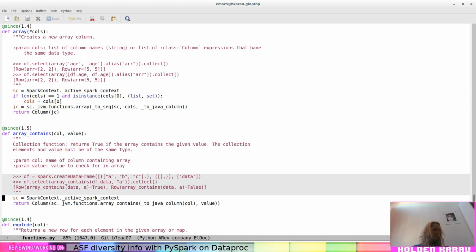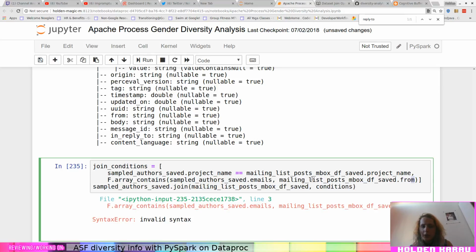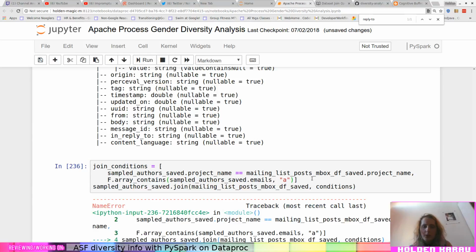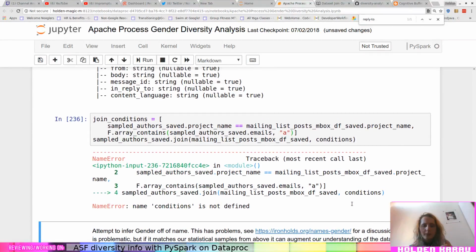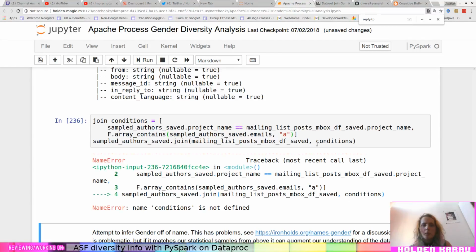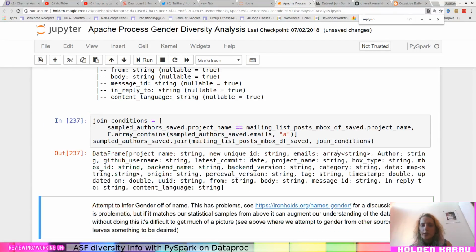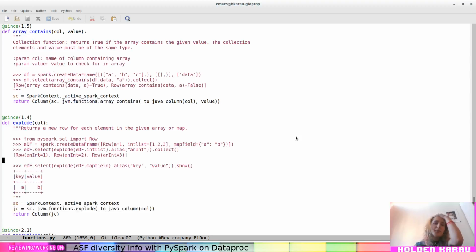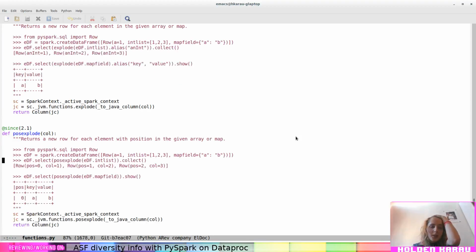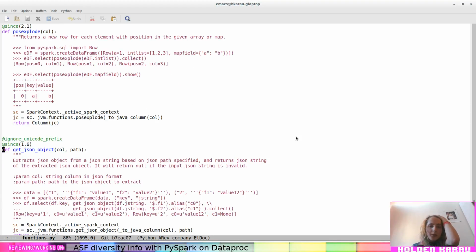It shouldn't be giving me a syntax error. Anyways, let's make this the letter A. Okay. So the array contains checks for a specific value, not for a list of values. So that's not quite what I want.